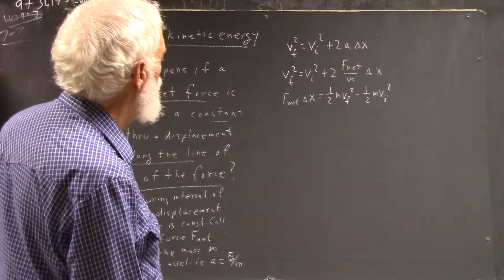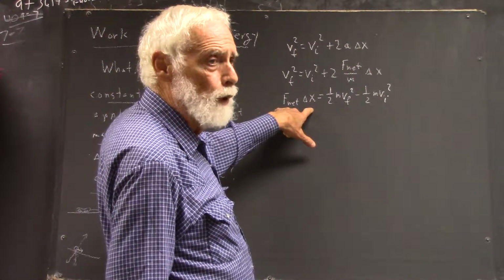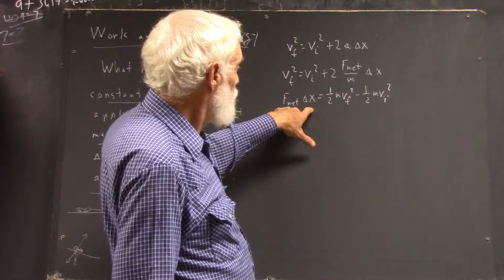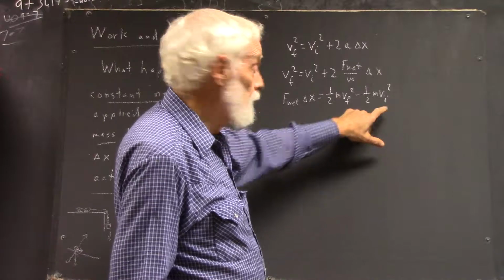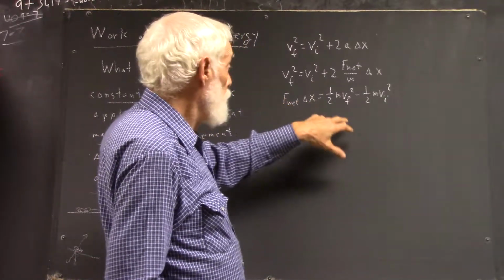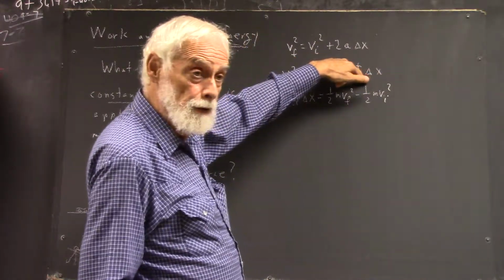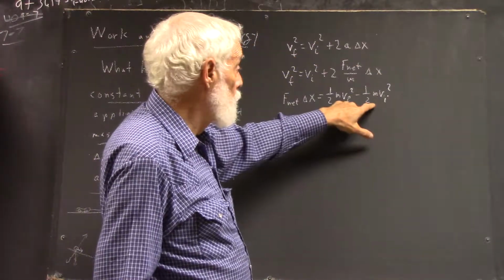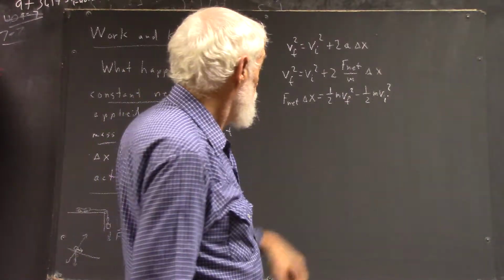Well, F net delta x is what it is. This applies for any motion, for any starting velocity. If we apply this F net through delta x, the change in the quantity 1/2 mv squared, because that's what this is here, is always going to be the same no matter what the mass is, and no matter what the initial velocity is. Okay, so